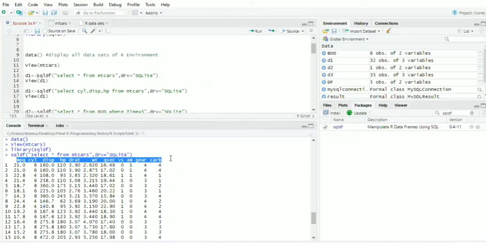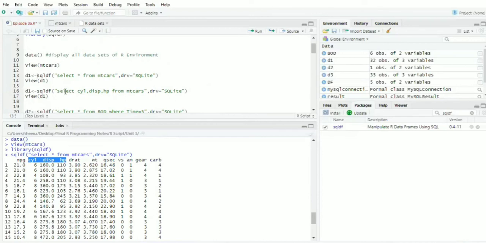I want to restrict it and only see cyl, disp and hp using my SQL query. There are other functions in R which help you restrict the column display, but here we will learn how to restrict the columns of the data frame using SQL queries.